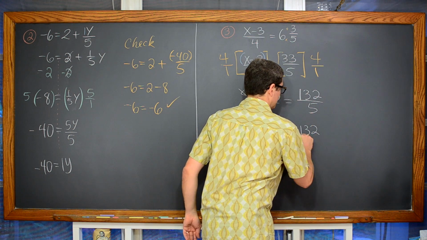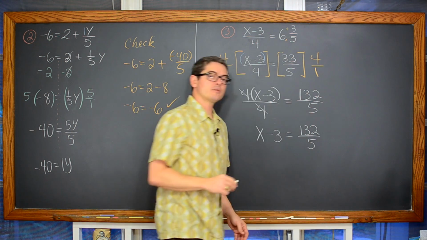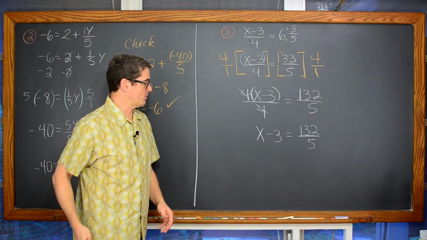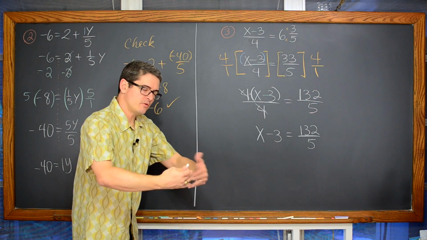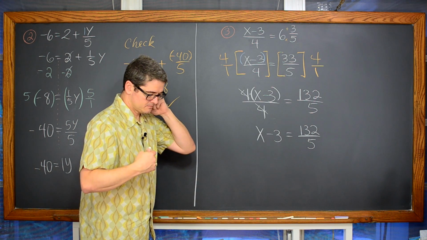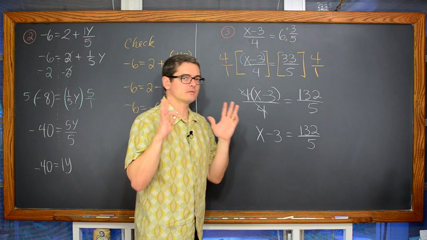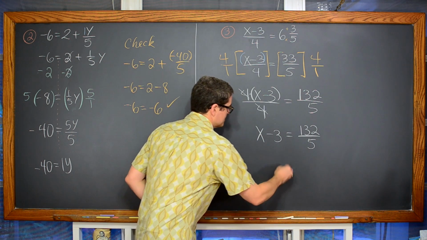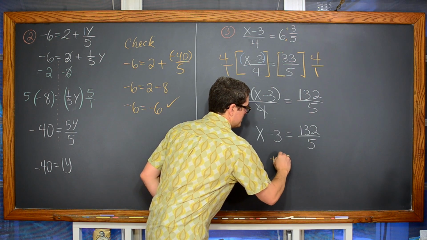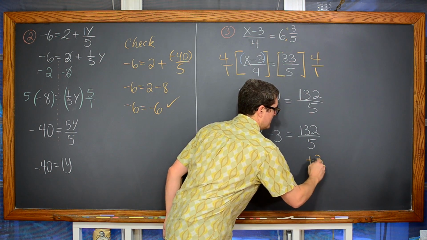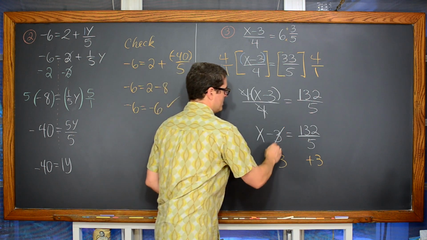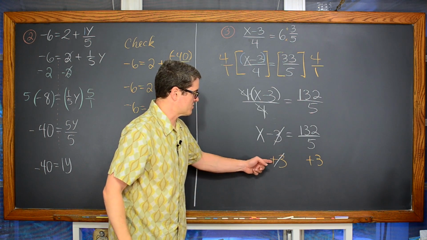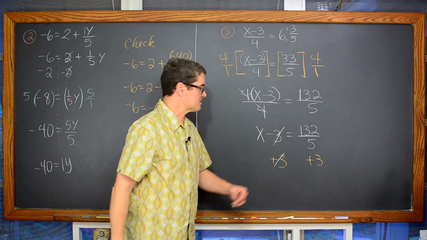I am not going to just grab a calculator and turn that into a decimal, because you really should get away from that. If you have to use a calculator, that's a horrible practice, and it's going to make your math studies later on through your classes much more difficult. So we're going to add 3 to both sides, and 3 minus 3, the inverse of subtraction is addition. That's of course going to cancel out.